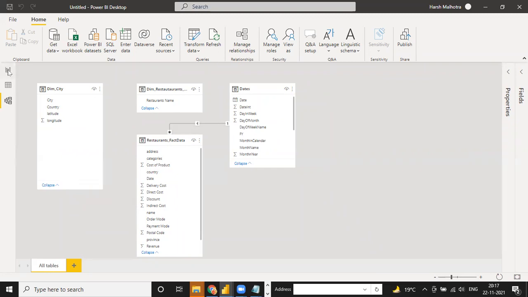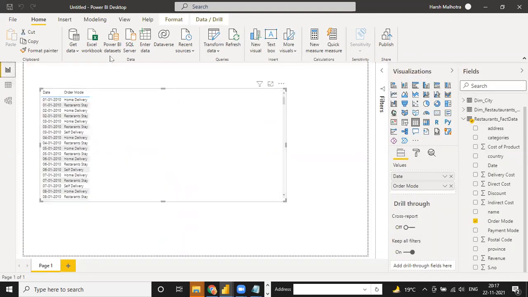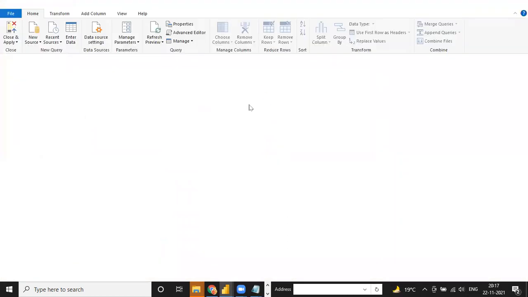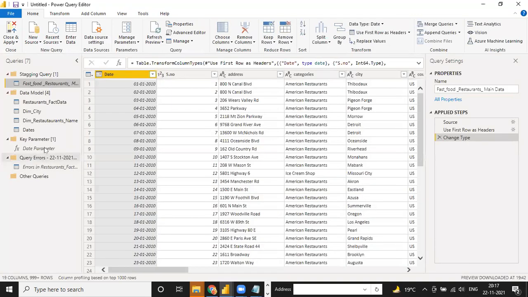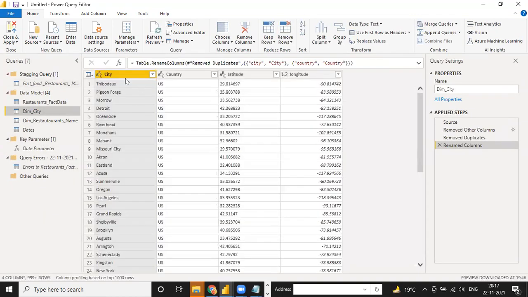Because in the background, when you go into transform data, here in the city column, when we select the city column, we have changed the value from remove duplicates here. And when we select the country column, it is not a correct thing to do. That city and country, you cannot select any city or country from there.